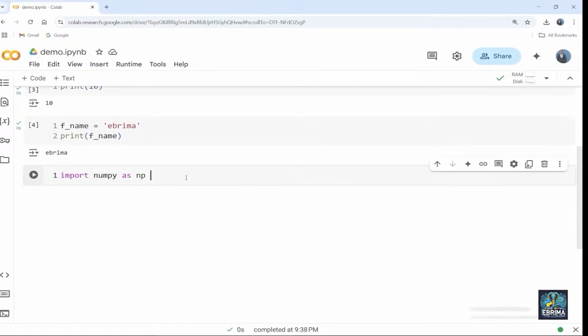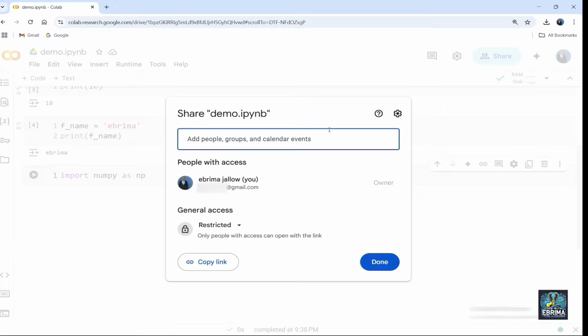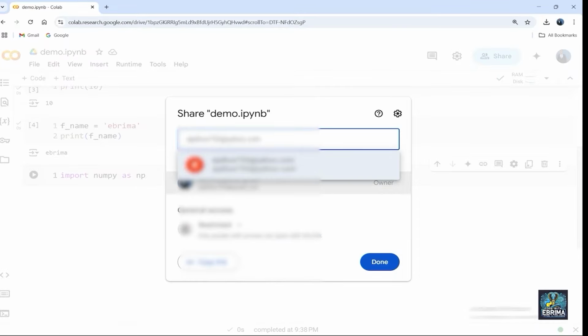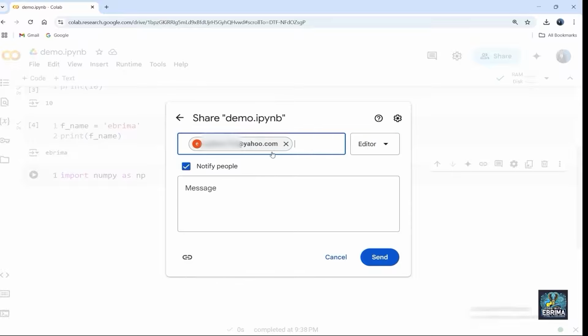All right, so now collaborating in Google Colab. Collaborating in Google Colab is as easy as sharing a Google Doc. So now let's go ahead and show you how to share your notebook on Colab. You can see here share notebook. So go ahead and click that, and now you can see here. Whatever you want to do, you can go ahead and add someone. Let's say I'm going to say Ijalo. For example, I want to send to this guy. So now I'm just going to click that, and now I'm going to type in some message.